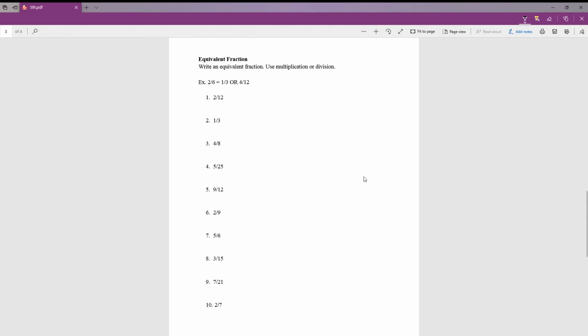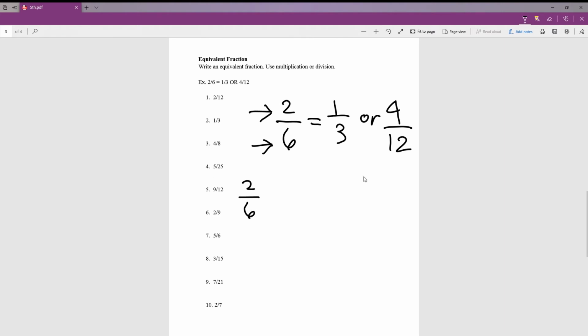Next up, we have equivalent fractions. Write an equivalent fraction. Use multiplication or division. Okay, so the example here we have is 2/6 is equal to 1/3 or 4/12. Essentially, all you have to do is multiply or divide both the numerator and the denominator by the exact same number. So what I mean by that is I'll take 2/6 and I'll divide both sides by 2